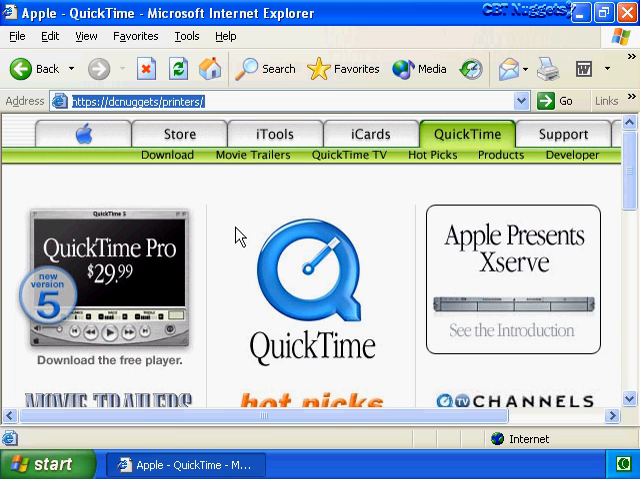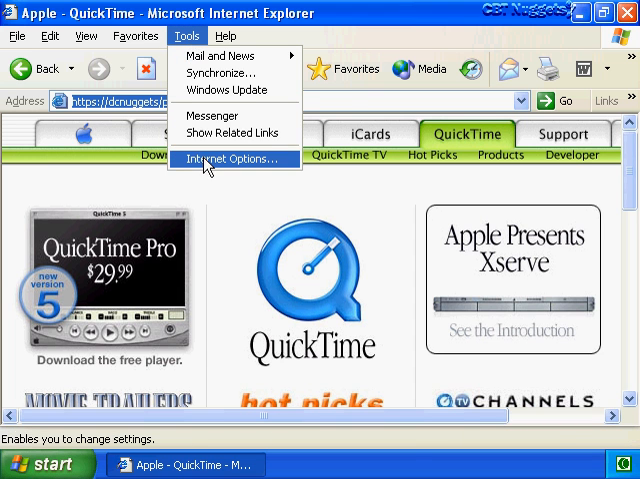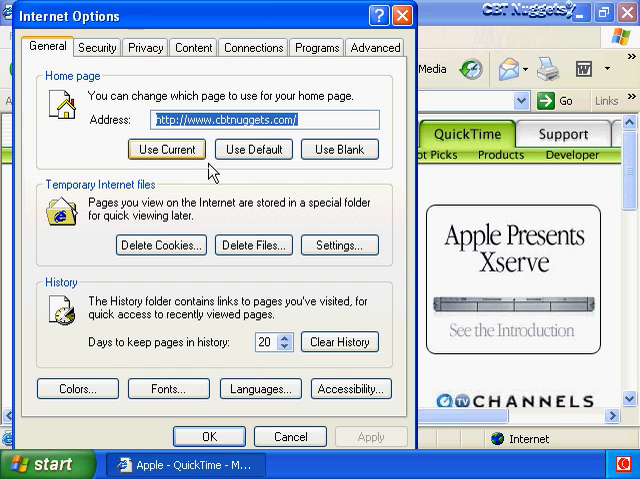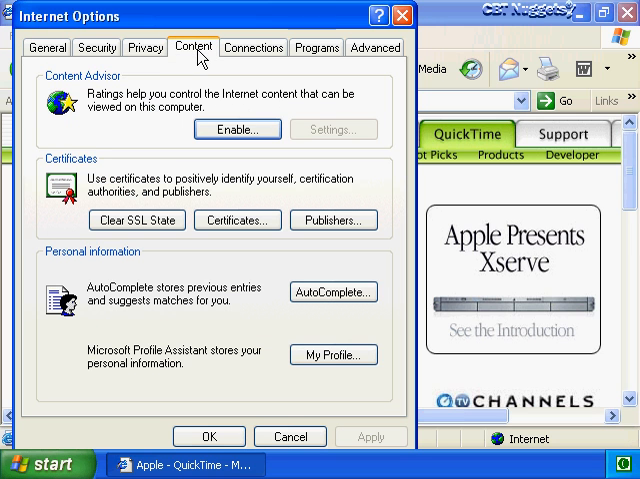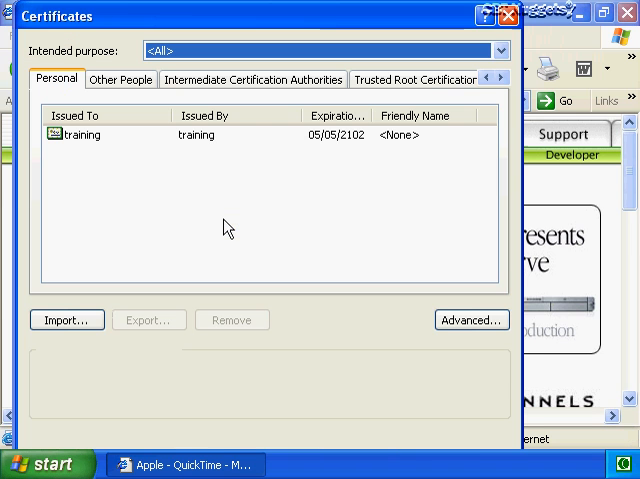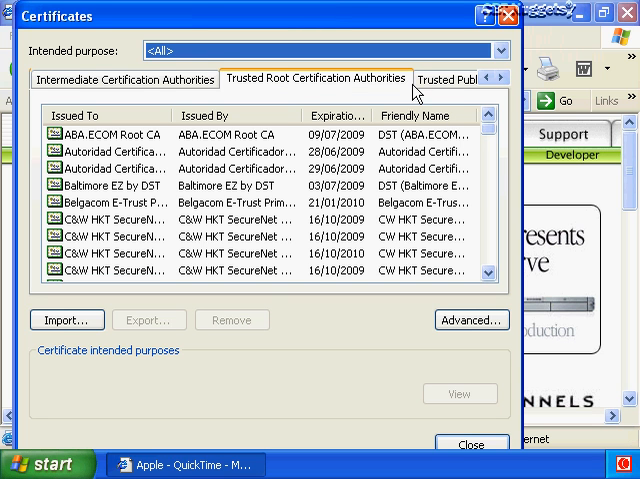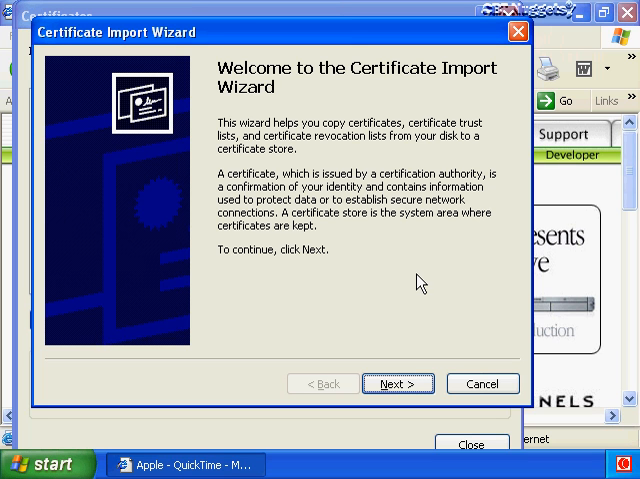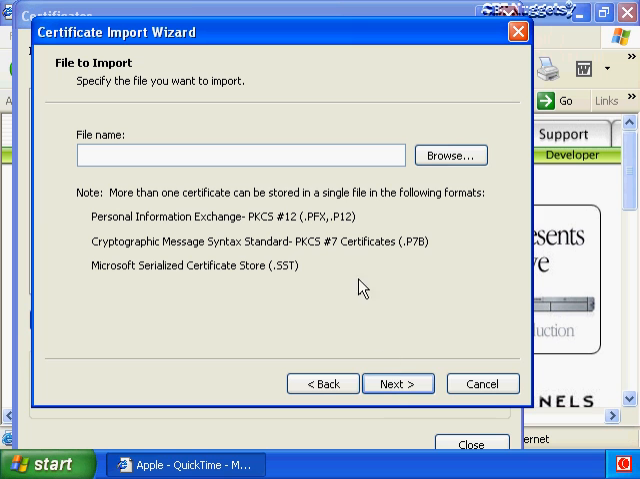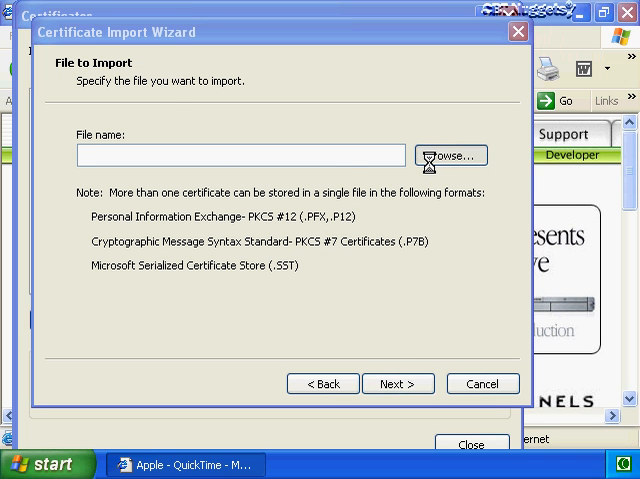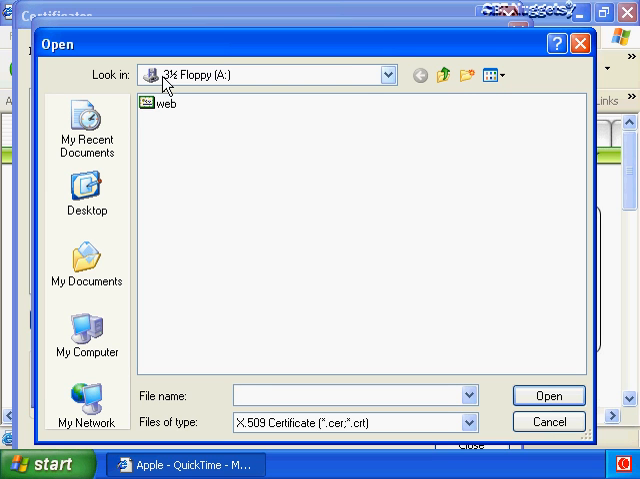by going to our menu bar and choosing Tools, select Internet Options, click on Content. From here click on Certificates. From here click on Trusted Root Certification Authorities, and from here click on Import. And that brings up a little import wizard. We'll just click on Next, and it's basically asking us where is the certificate. So we click on the Browse button, and it's on our floppy disk. Here it is right here. Click on Open,